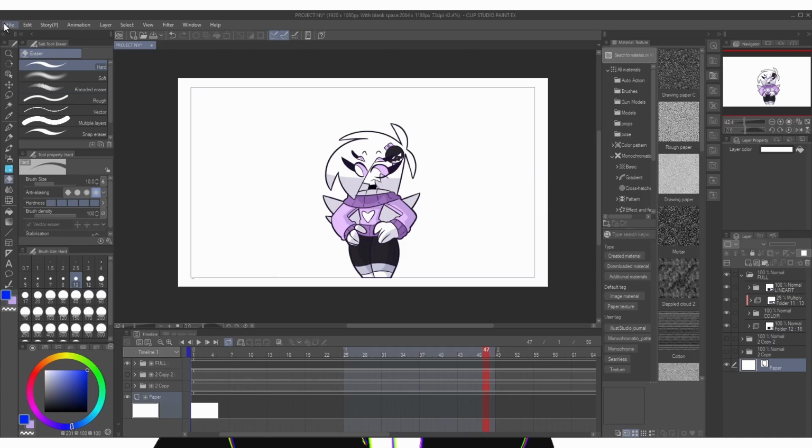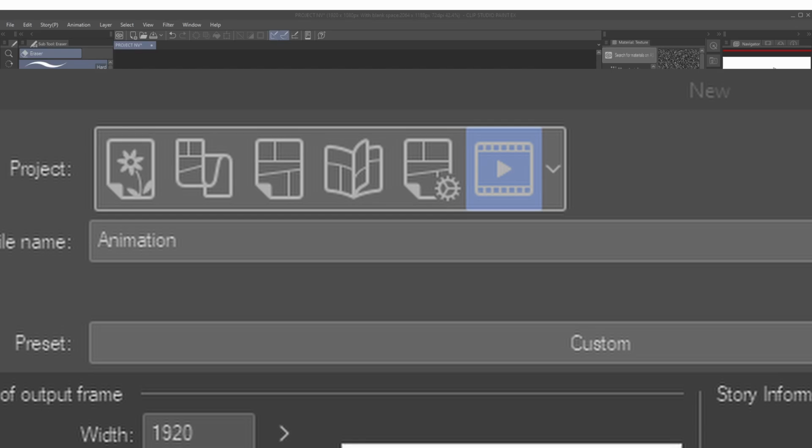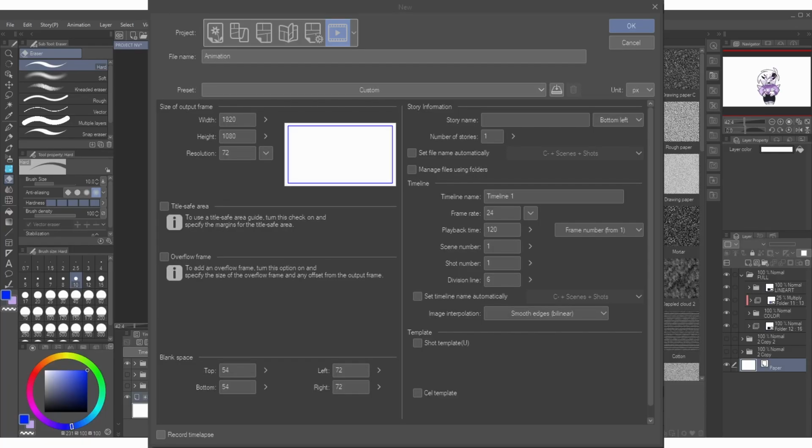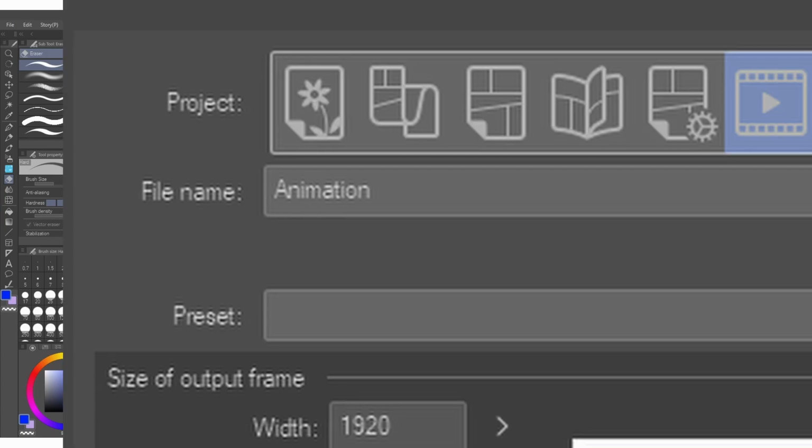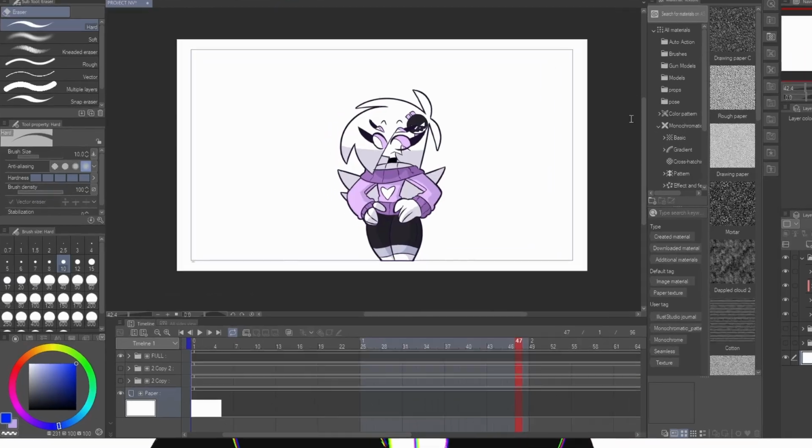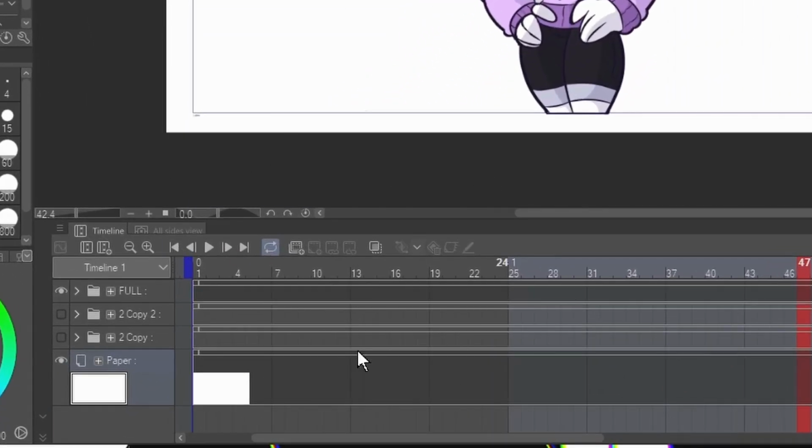So if you want to learn how to do animation style stuff, right? The best way to do it is go up here, click on File, go to New, go to this little animation thing right here. Just leave all this default, keep this to 1080p, 1920. Well, you can do whatever dimension you want, but I recommend maximum 1920 by 1080. Don't ever go over this stuff, right? Call it whatever you want, and set the resolution to 72. And basically you'll have a timeline like this.